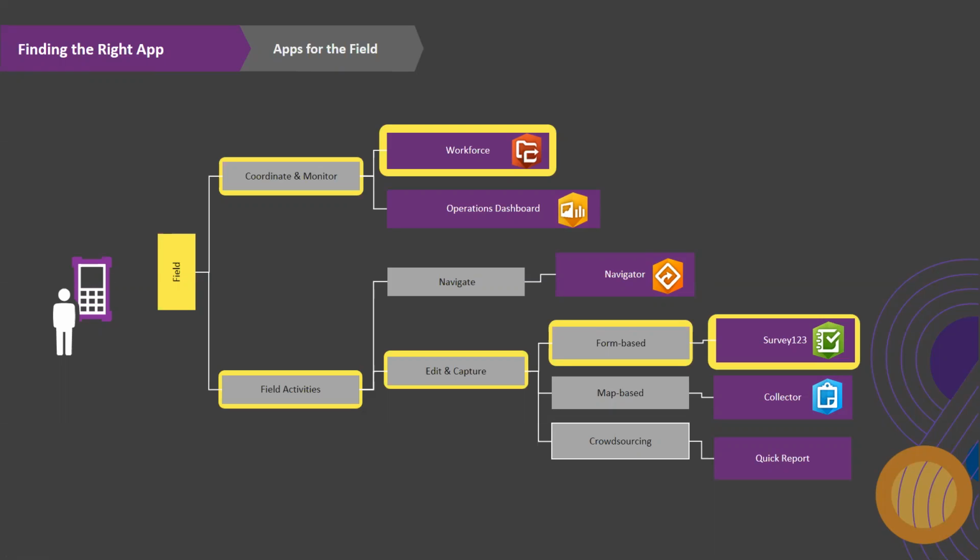So for this particular application, if you would like to make use of the quick report template, your responders, or basically your target audience, would have to download App Studio Player on their mobile devices and send their responses through that particular platform. So all you have to do is narrow down and know what you would like or how you would like to collect your data. And from there, you can choose the perfect application for the field for you to make use of.